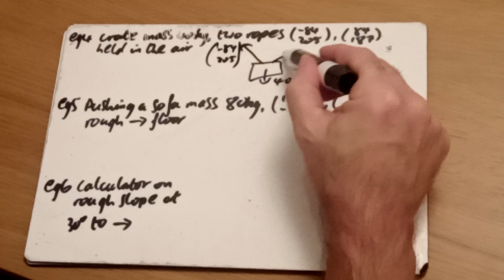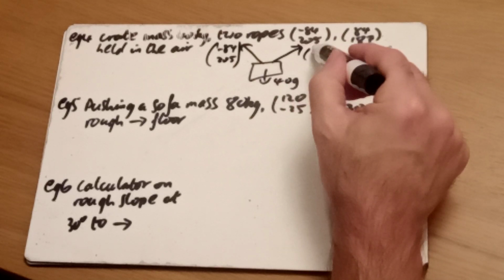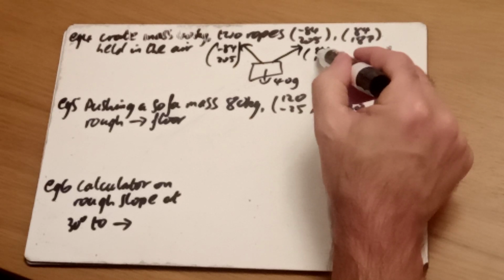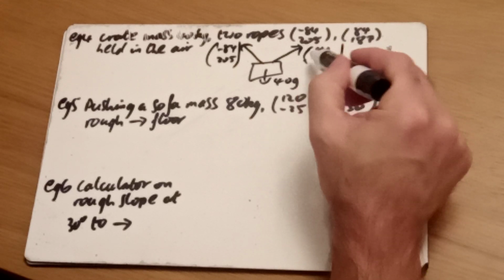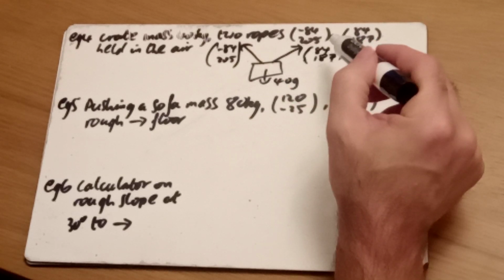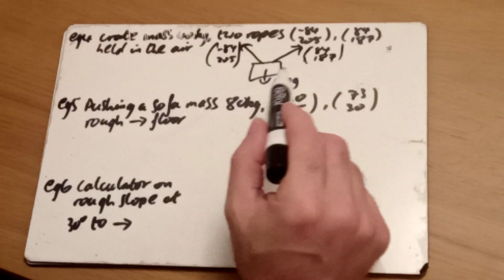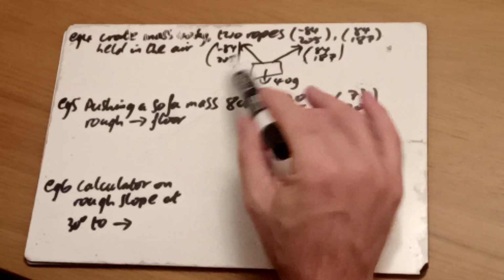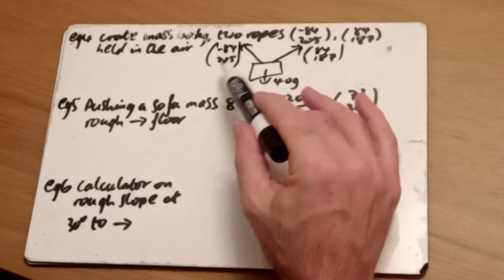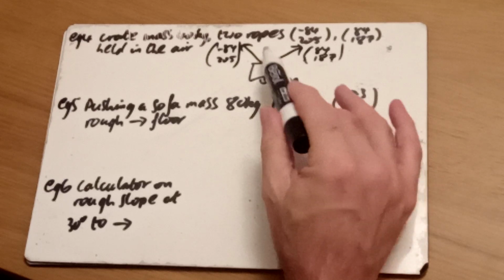And then this one is in this direction here, 84 along and 187 up. So 84, 187 there. And since it's held, it will be in what is called equilibrium, which is where all the forces balance out. So I've got the 84 acting that way, the 84 acting that way, they cancel each other out, and 205 and 187, I'm hoping when they add up together, 392 is equal to 40 times 9.8, so